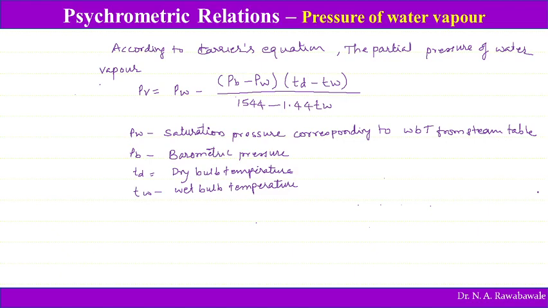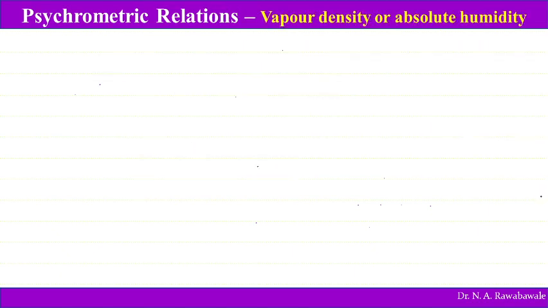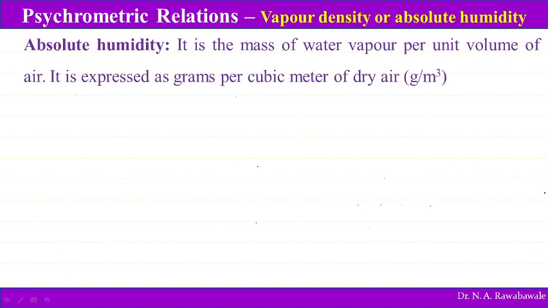Now coming to the next term, vapor density or absolute humidity. So as we have defined this absolute humidity, it is the mass of water vapor per unit volume of air. It is expressed in gram per meter cube. So the mass of water vapor in unit volume of dry air is nothing but absolute humidity or vapor density. So this is given as Vv. Say for example, let us assume V suffix V is the volume of water vapor